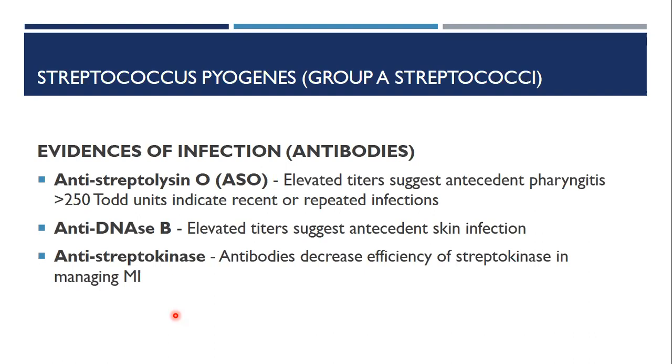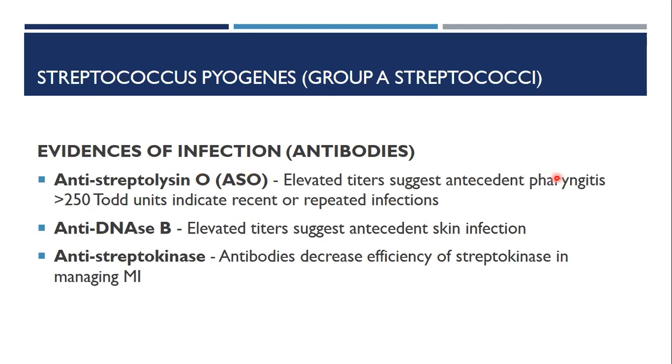So, antibodies specific to the streptolysin, particularly streptolysin O, is what we call ASO. And when you detect high levels of ASO, that would mean that the infection was actually pharyngitis,